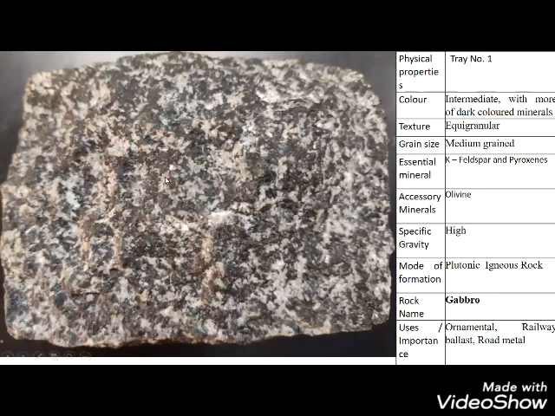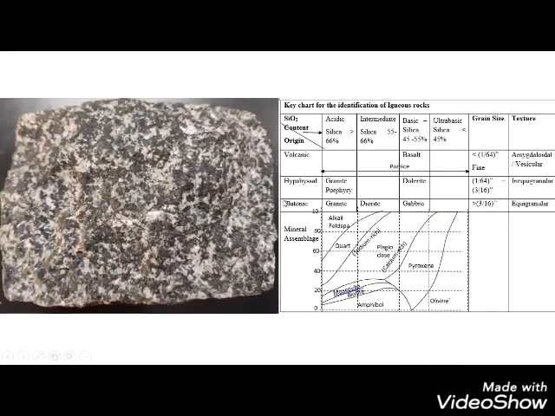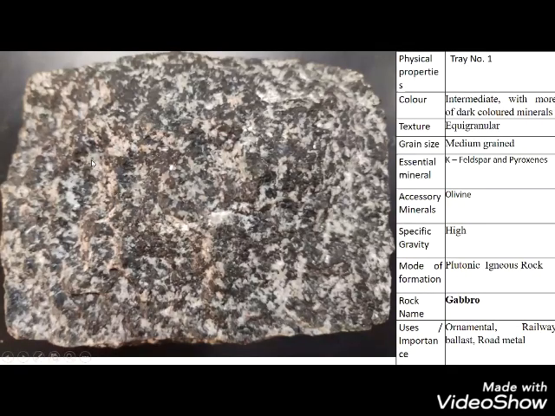Okay, and you can observe some micas as well. See, there's some portion of shining over here. So these are mica. So you can also write mica as an accessory mineral over here. So what type of rock is this? That is what mode of formation is all about. So for the mode of formation, you can see it is a plutonic igneous rock. How did you identify that this is a plutonic igneous rock? Based on the equigranular texture. Okay, so what are the uses of this? Please remember, igneous rocks, you can use comfortably for any civil engineering purpose for that matter. It can be used as ornamental stone, railway ballast, road metal, whatever you write will be correct.